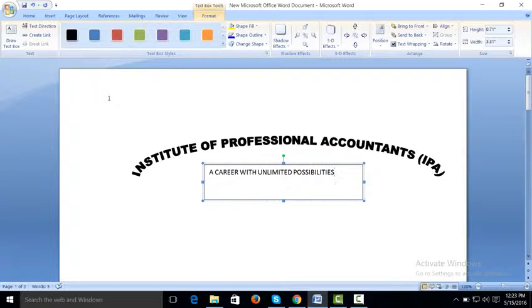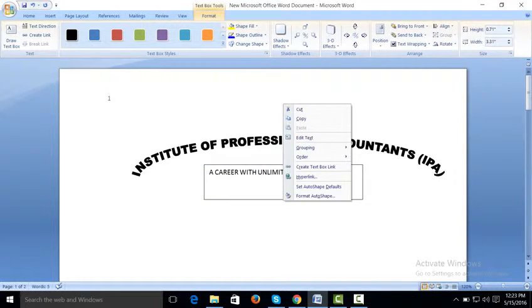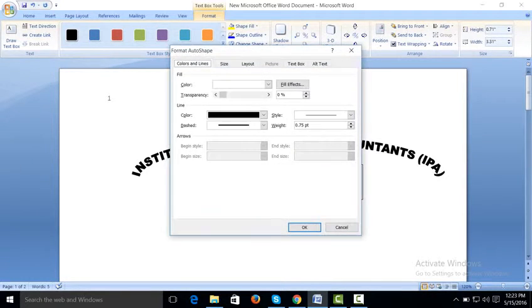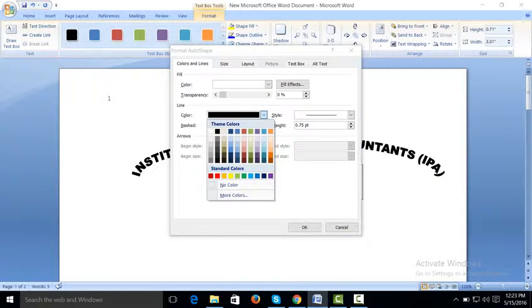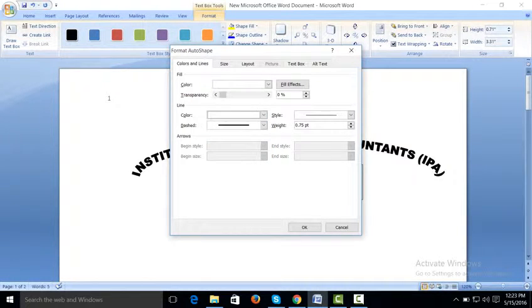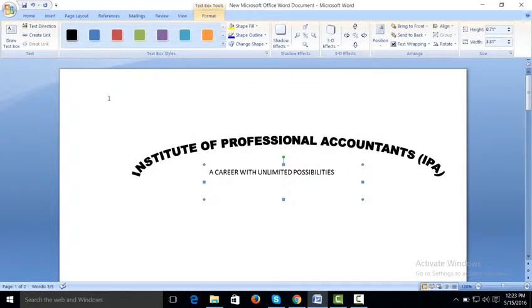Select, bring the cursor here, then right click of the mouse, then click on format auto shape. Click on color, then no color, white or background one, then OK. You can see the border has been removed.